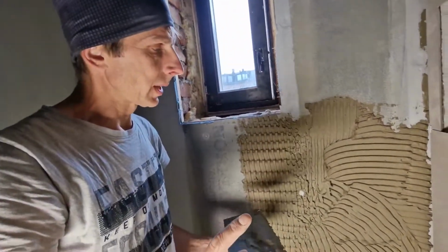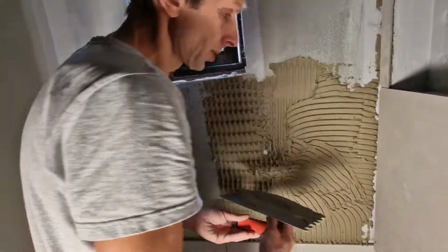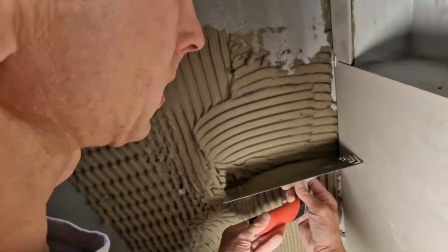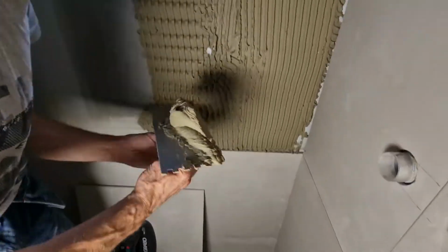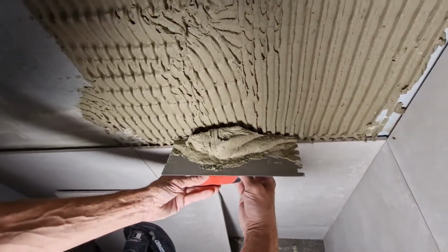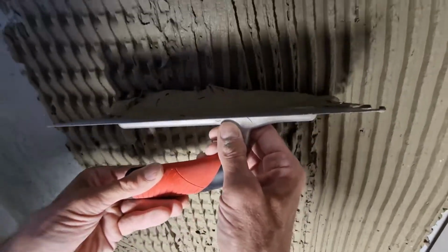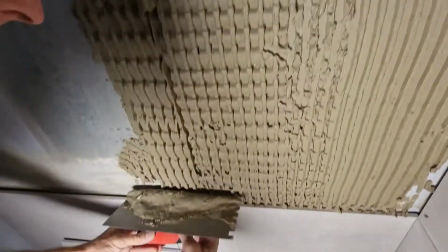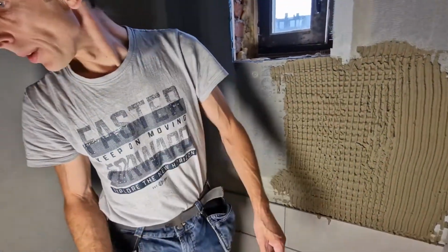Okay, now I'm going to explain. In the place where I see the tile glue is quite thin, I try to put just ordinary glue with a spatula. In the place where I see the tile glue must be thicker, I make such small waves. The surface is like small mountains, and after that